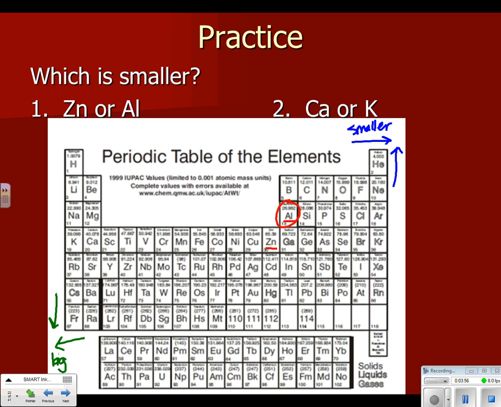Then we've got calcium versus potassium. So here's calcium and here's potassium. Smaller is going to be further away from francium, so further to the right. So calcium would be the smaller